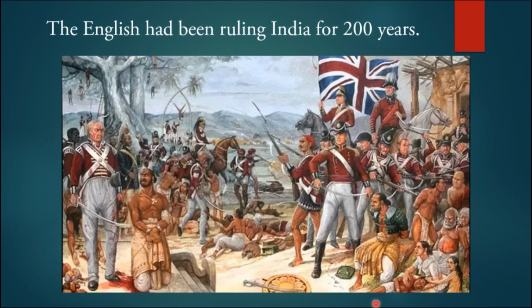Here we observe Britishers as well as Indians. You know, Britishers, the English people, ruled India for 200 years. I expressed this incident with the help of this picture in past perfect continuous tense. Look, the English had been ruling India for 200 years. In the past, at a particular point of time, they started ruling India and continued till 200 years completion. So we can express such kind of incidents in past perfect continuous tense.